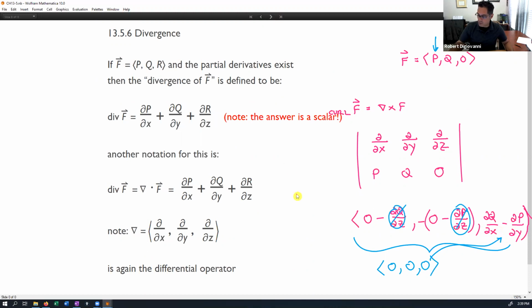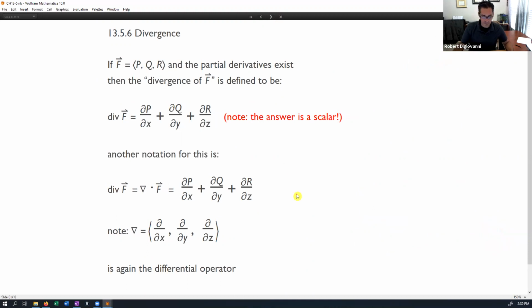Okay, divergence. We'll pick up here. So on that mini exam, let me just see what's there. I don't think you can do it all, but